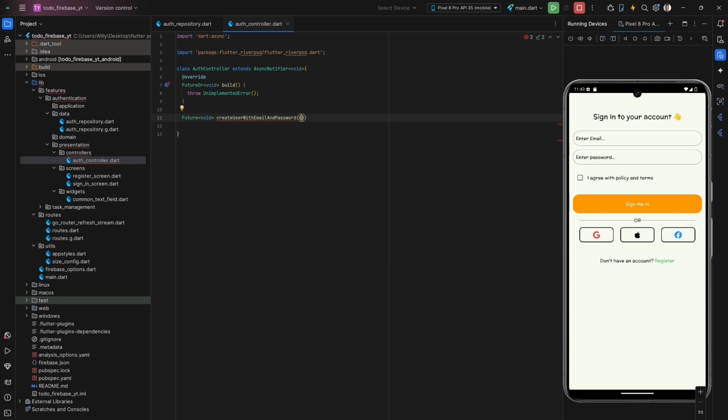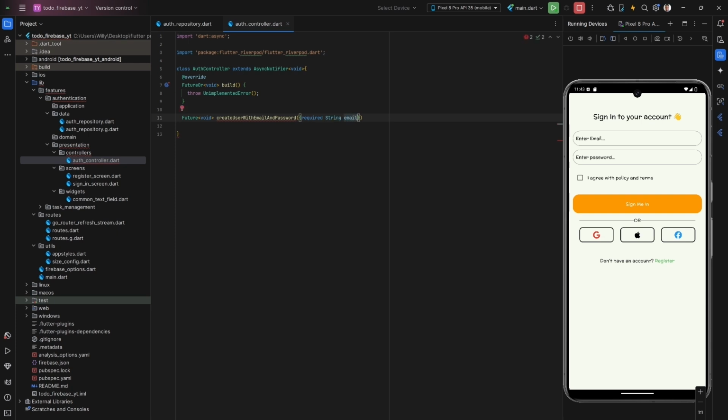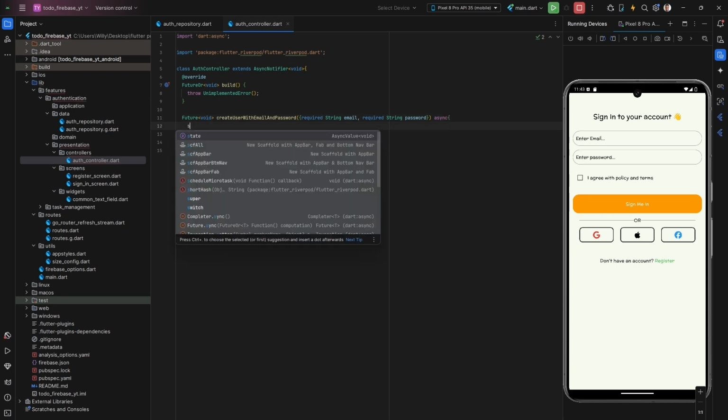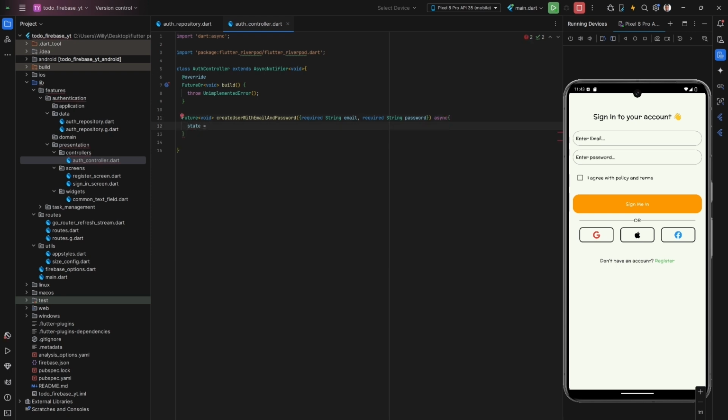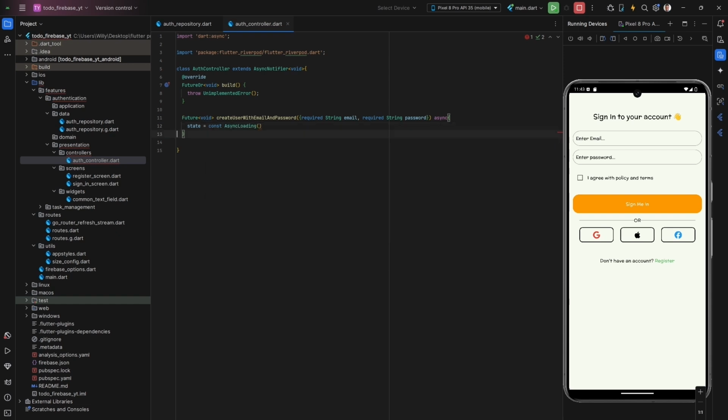So this one is going to have required String email, also required String password. So it's a Future, so we can add async, and then inside here we can update the state. So state equals to const AsyncLoading. So this is going to update the state to loading state,